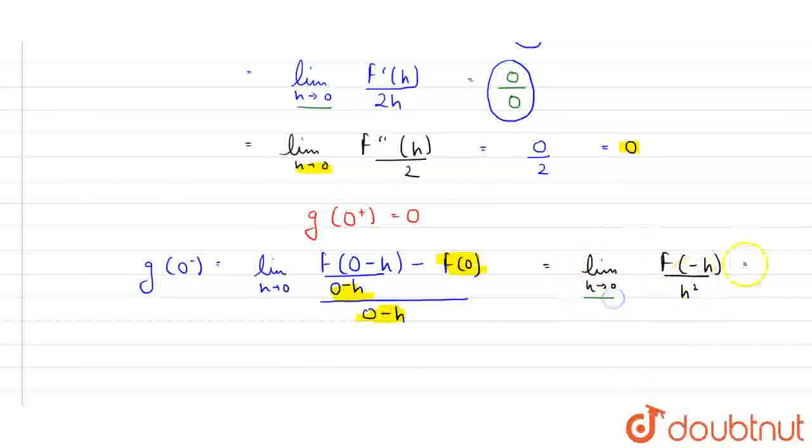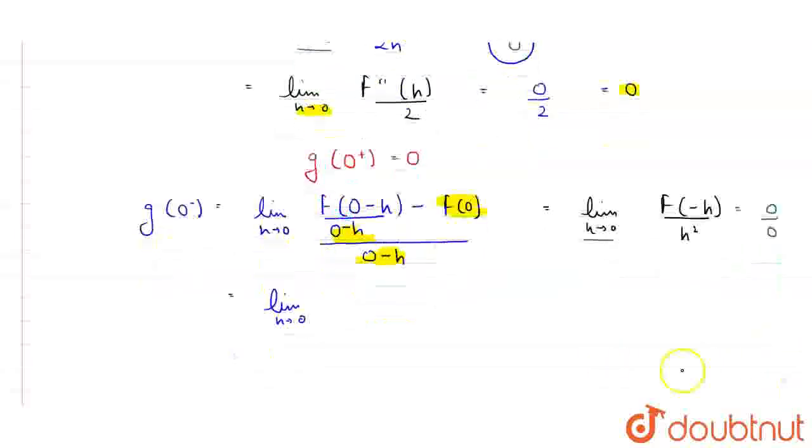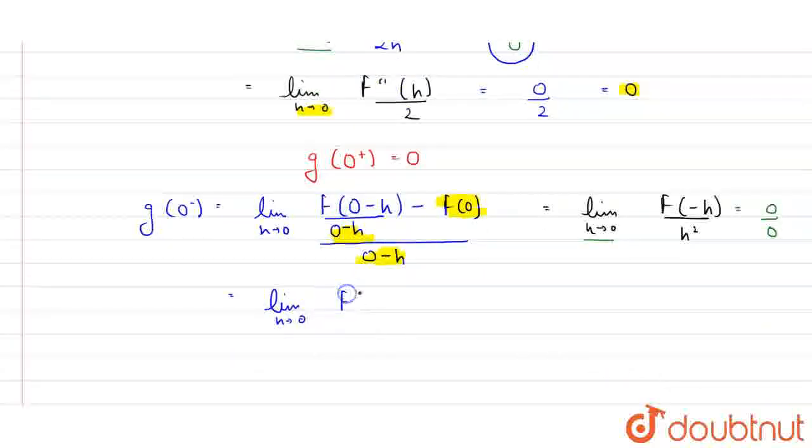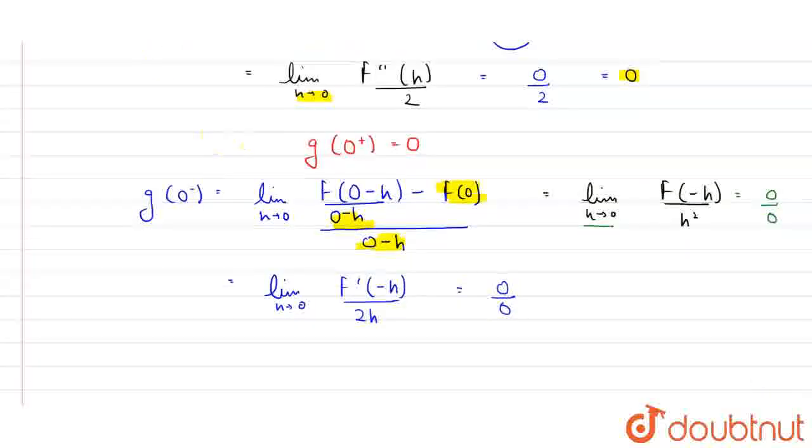Now in the next step, if I substitute 0 in the limit h tends to 0, I'll get 0 by 0. Not acceptable because it is not defined, so I'll use L'Hopital rule here. So what I'll get here, limit h tends to 0 f dash of minus h, and in denominator I'll have 2h. Again it will be in form of 0 by 0, so not acceptable. Again I'll use L'Hopital rule, so I'll get limit h tends to 0